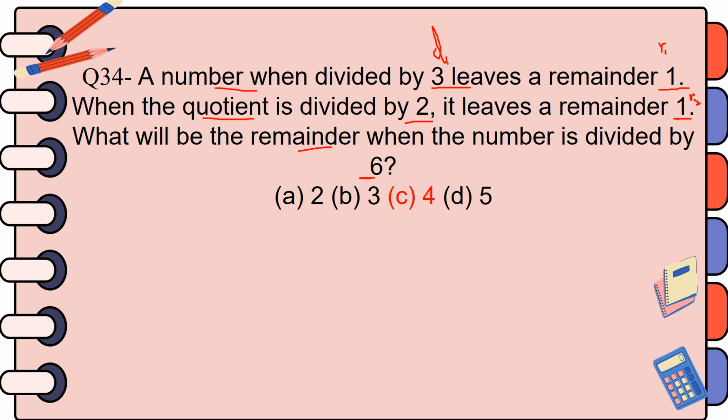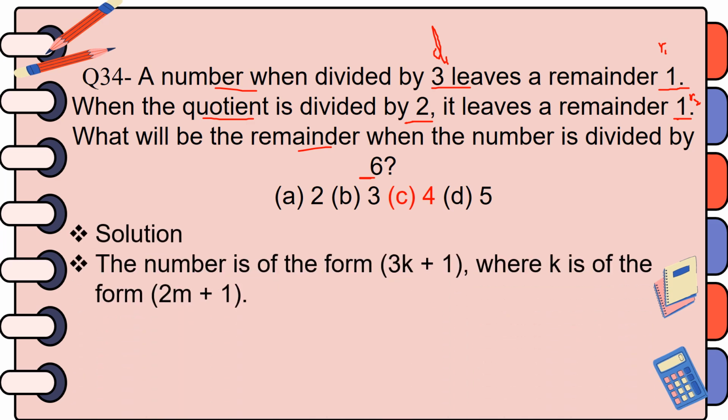So first you have to find out the number. After you get the number, divide it by 6 and get the remainder. You have choices here A, B, C, and D. As usual, take a piece of paper and try to work out this question without my hint and without seeing the solutions that I have provided here. I hope you get the answer for the question, and let's see the solution.